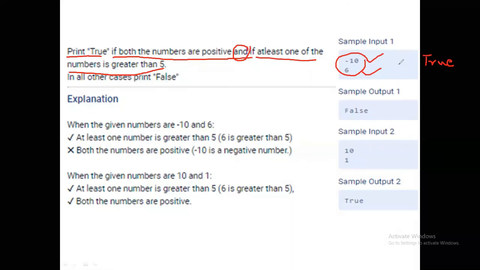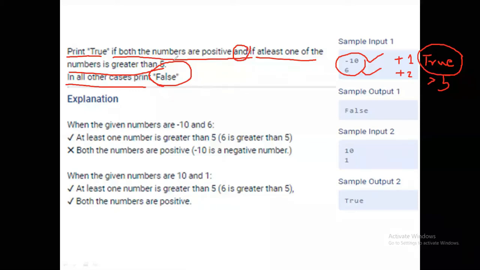So both are positive numbers, and in these two numbers at least one number is greater than 5, then you are going to print true. In all other cases, print false. So first we try to understand the problem.